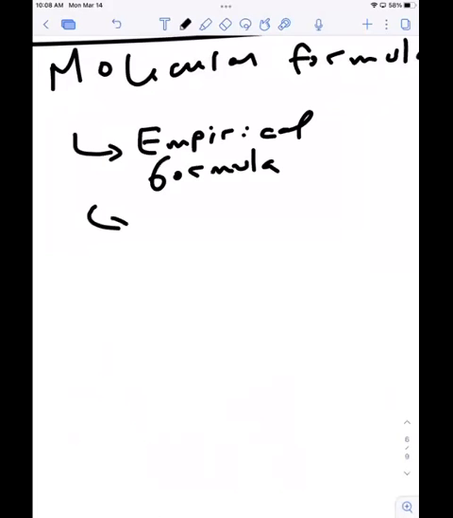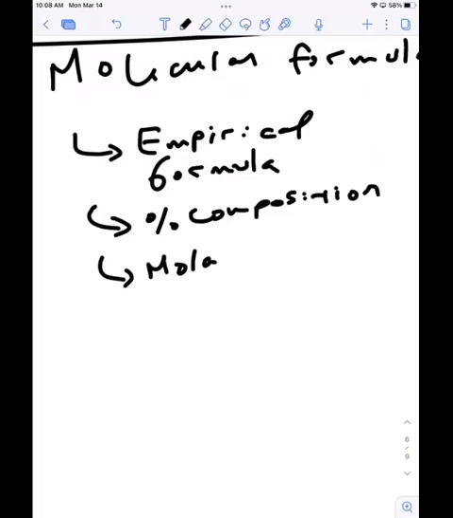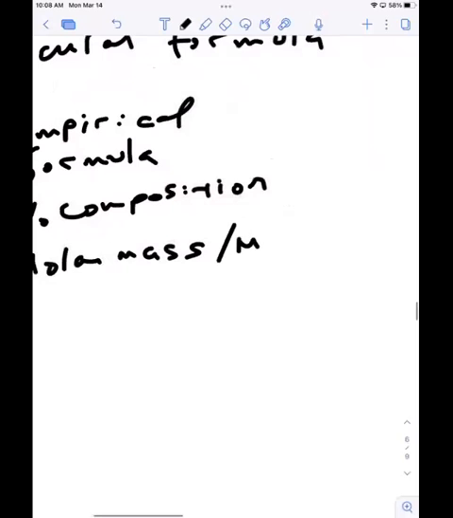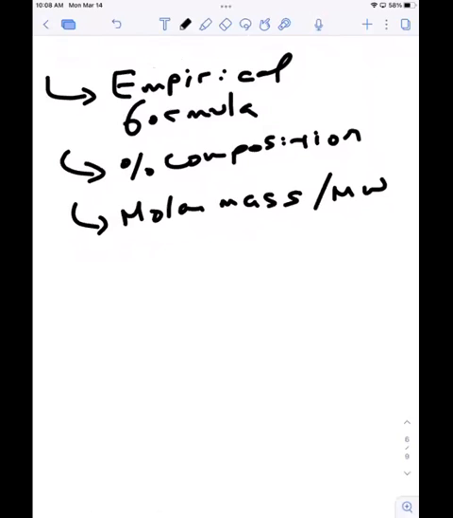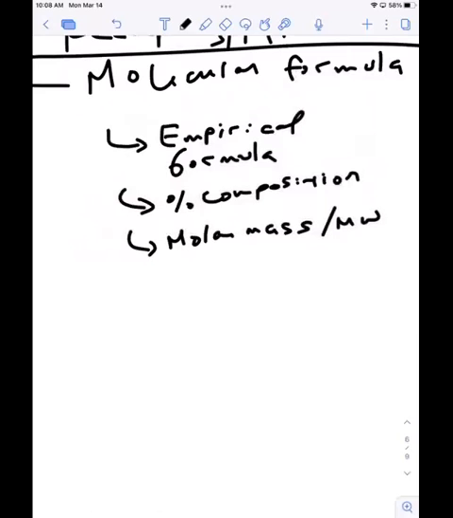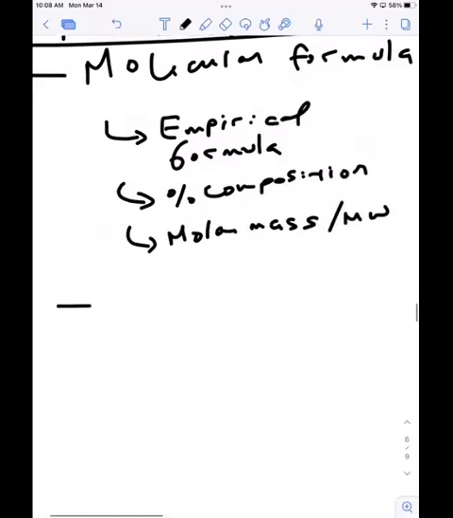We talked about percent composition. We talked about molar mass, molecular weight, and how to manipulate between molar mass and moles and molecular weight. All these things are dealing with the concept of moles, and then we started talking about concentration,